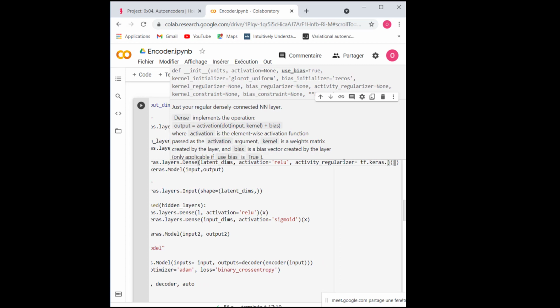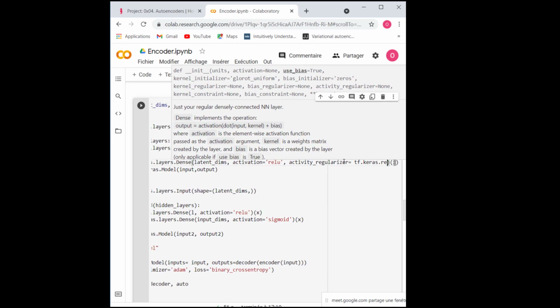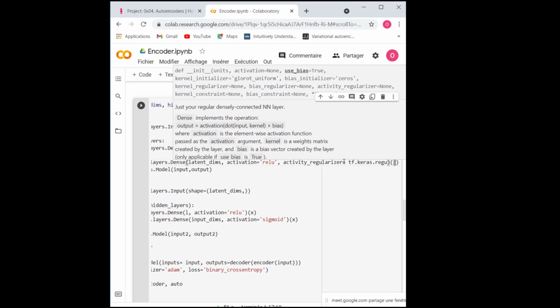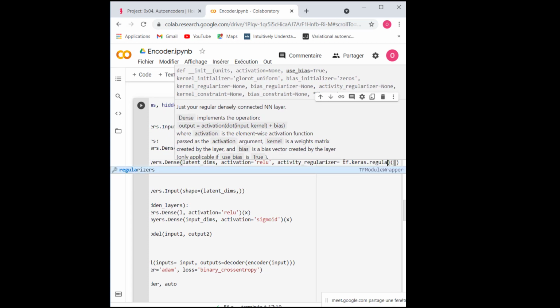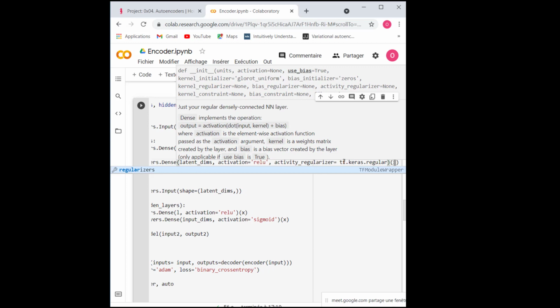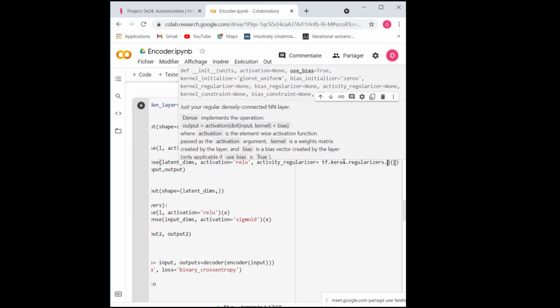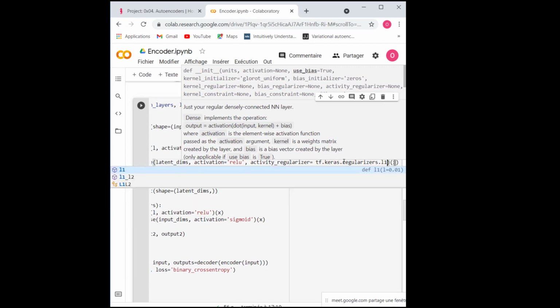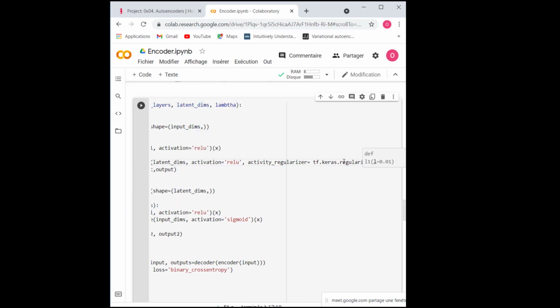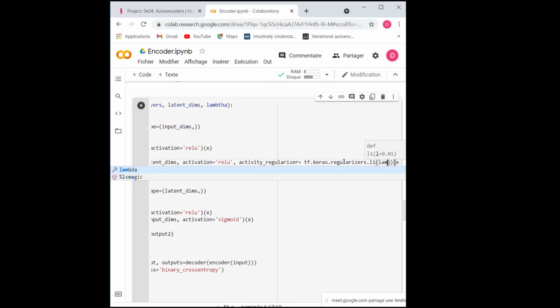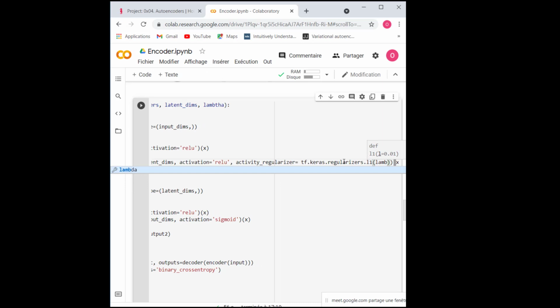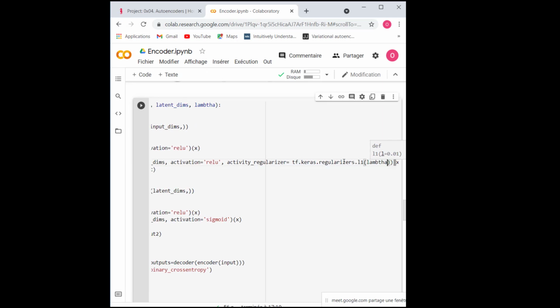With Keras it's pretty simple: .l1, and it's going to take as argument my lambda. So this is my regularizer.